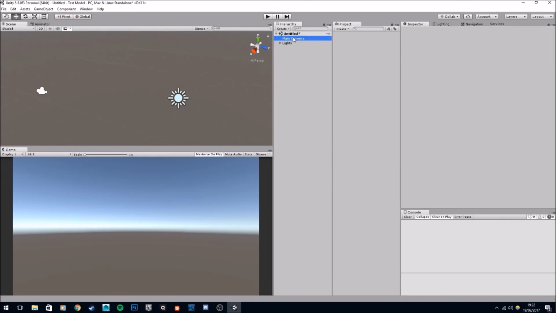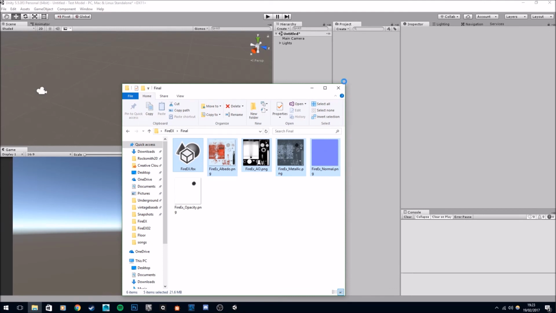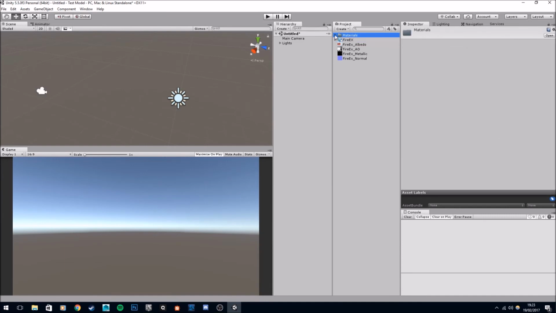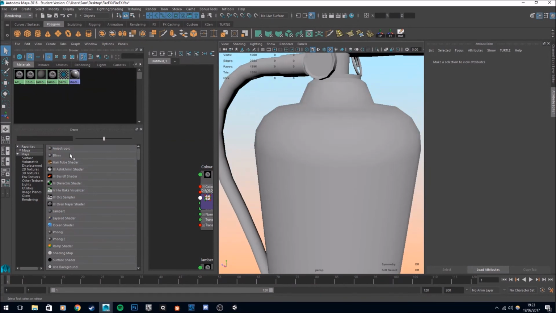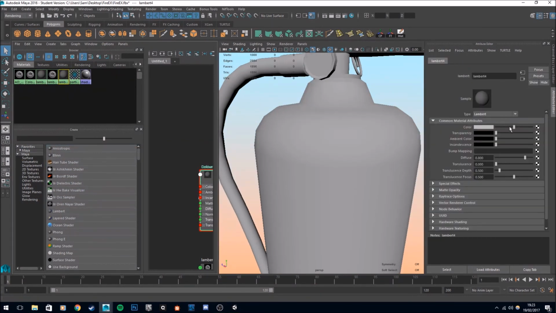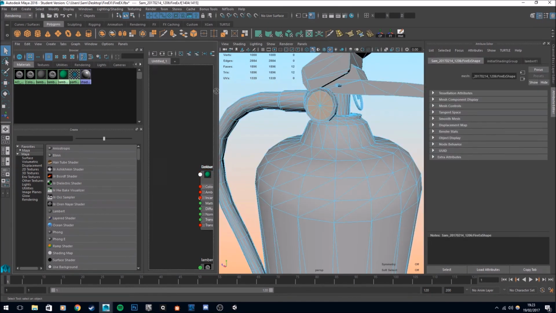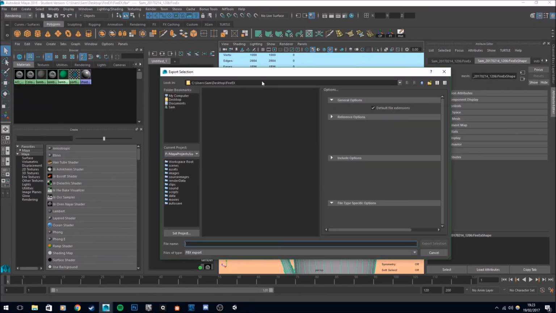So we obviously want to import our fire extinguisher. So I've just saved these out and we're just going to drag it into Unity and it should import perfectly fine. So once this little bar is all the way there, we can see it's done it perfectly. Apart from, we need to export the glass separately. So this is just a quick little workflow thing that I do normally, so I can export the glass separately, and it should look